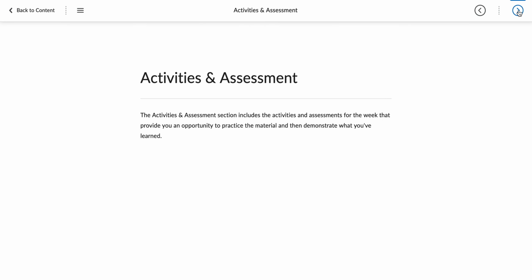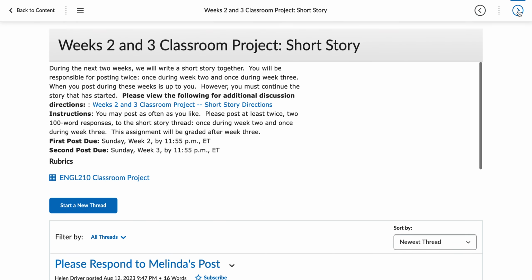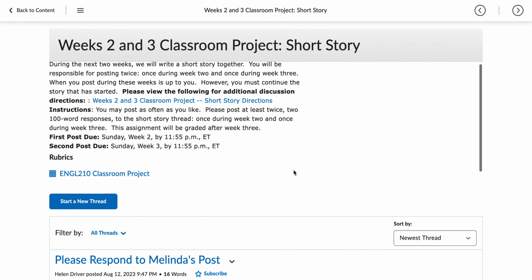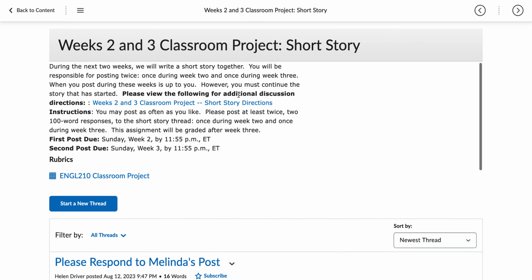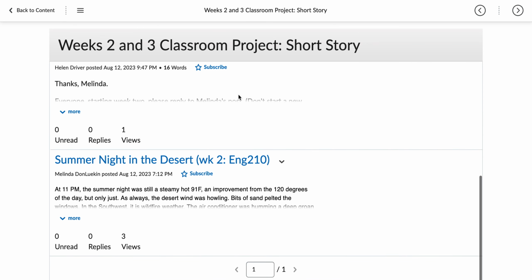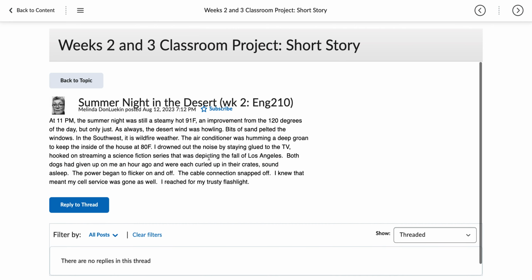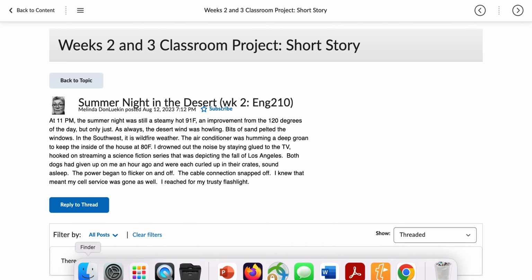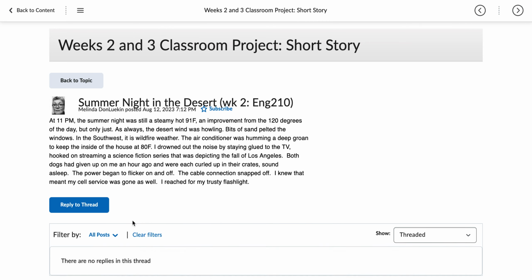And now I want to go through the activities this week. So first, this should be fun for you. Along with the rest of your class, is creating a short story project. I don't grade these in a difficult manner. I just want you to have some fun. These should be easy points for you to get. All you're going to do is open up Melinda's post, and then you're going to reply to her thread.